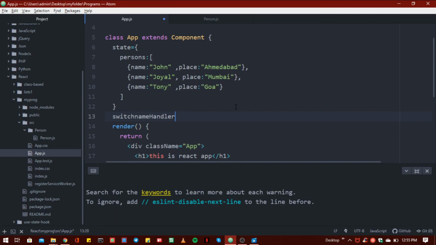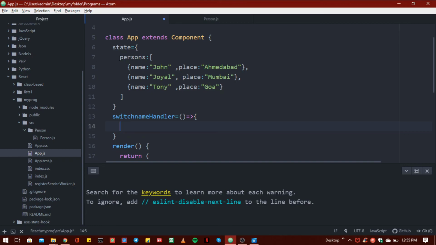And remember, this is a method you are not actively calling, but you are assigning it as an event handler. And this is our ES6 arrow function syntax.